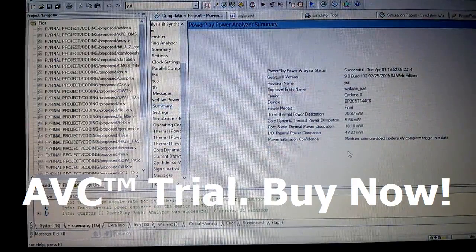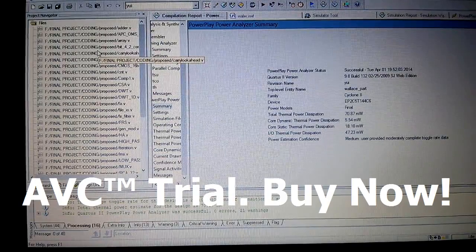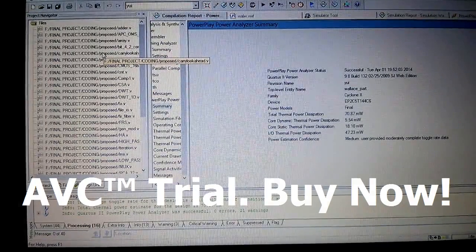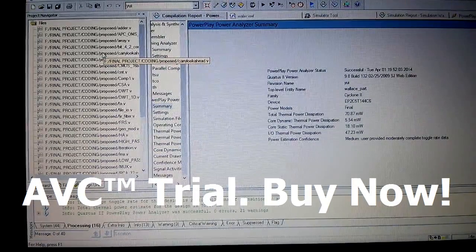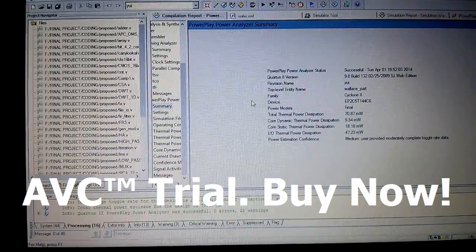Various parameters like power dissipation, total thermal power, etc. can be known from this. And this is how we repeat for all the single modules which I've already created, like the FIR filter and arrays. All these have to be repeated in the same way to obtain the four different parameters. This is how the process gets over and we get the corresponding output.